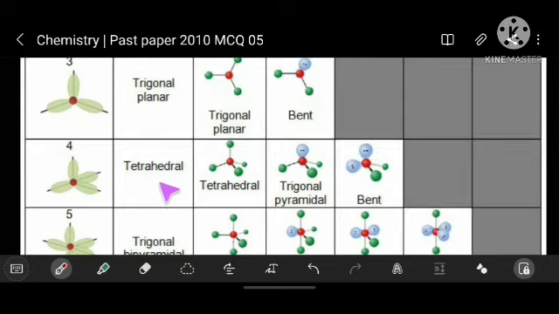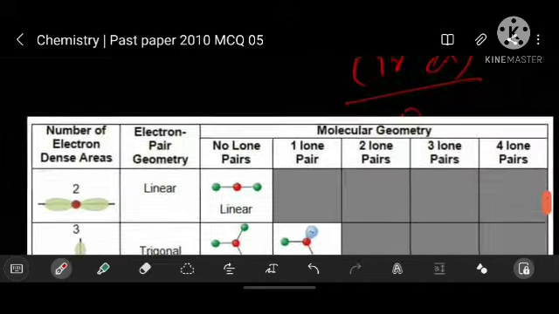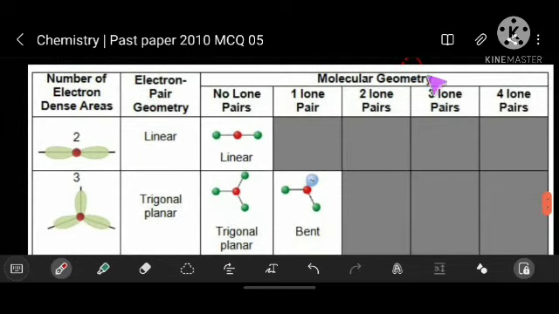Okay, so for SO3 2-, we have 3 bonds, 3 bonding electron pairs, and we have 1 lone electron pair. To identify the molecular geometry, all we need to know is the lone pairs. How many lone pairs are there? In our case we have only 1 lone pair, so that means we have 4 repulsive units,